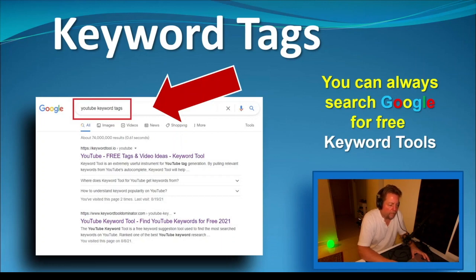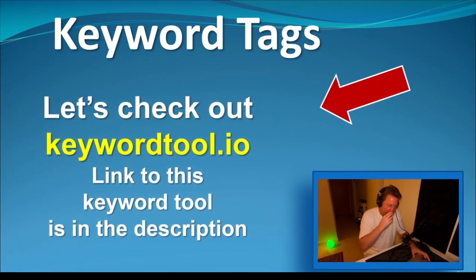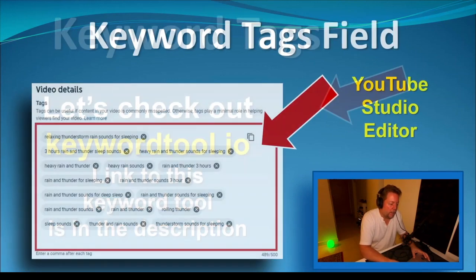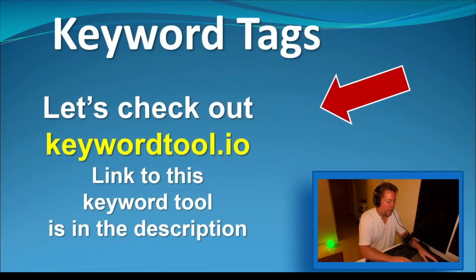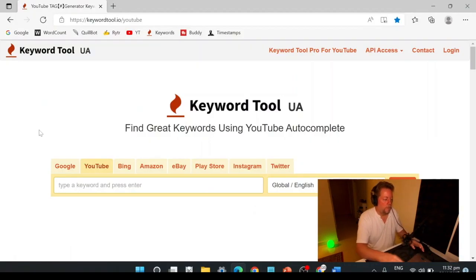But there are different keyword tools that you can use. There's one that I found that I think is pretty good. Not as good as TubeBuddy, but if you want something for free, there's one called keywordtool.io, and let's check that one out. Hang on. Okay, so here's another one that's called keywordtool.io, and it's got autocomplete. It's kind of like an autocomplete for YouTube and for Google, even with like Amazon, eBay, stuff like that.